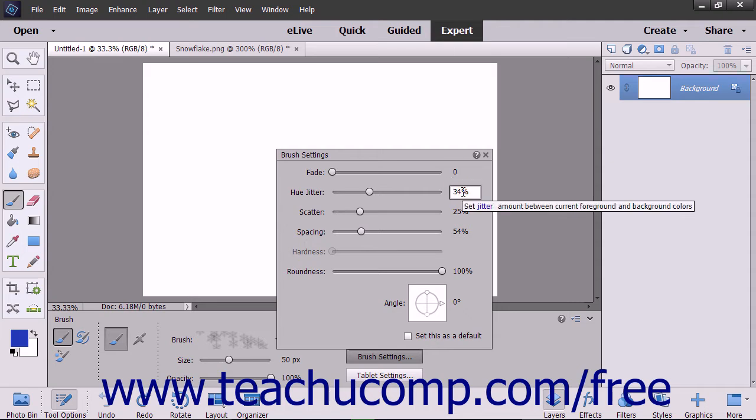The Hue Jitter Dynamic varies the stroke between its foreground and background colors. The lower you set this value, the less frequent the variation. Higher values cause more frequent switches between the two colors. The Scatter Dynamic scatters the brush marks within a stroke. The higher you set this value, the higher the number of brush marks and the farther apart the marks appear